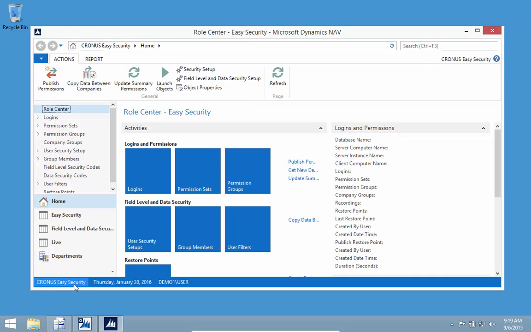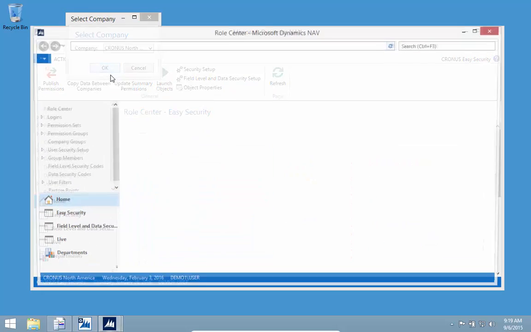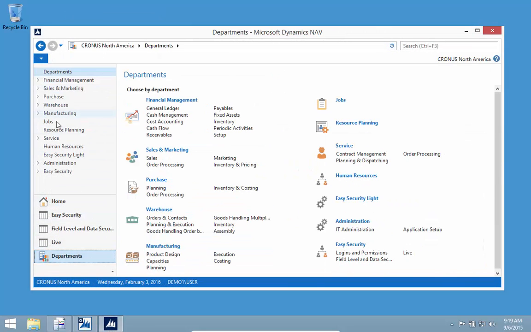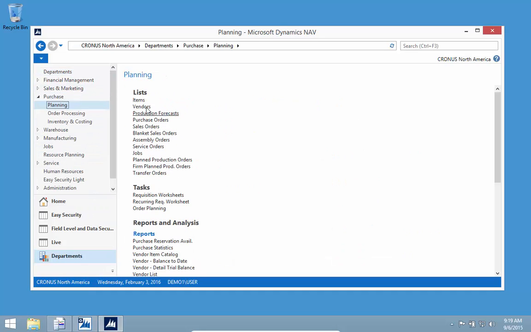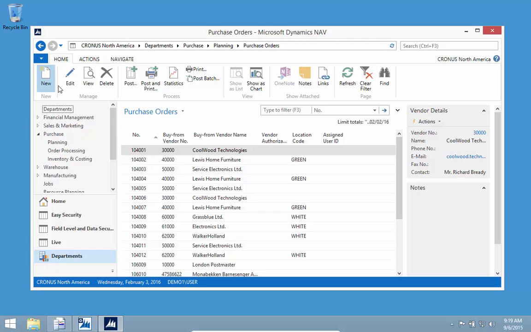I want to get to the company where I have the financial data in. A lot of times you can just have 2 sessions that you're actually recording with, one that stays in Easy Security company and one that is in the North America company, for example. I want to first create my purchase order, so I'm ready to actually post it in here. So I will create a new one,